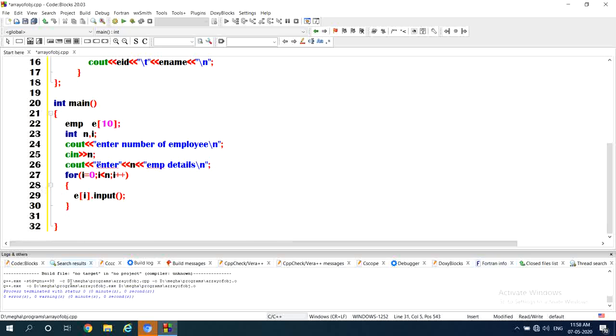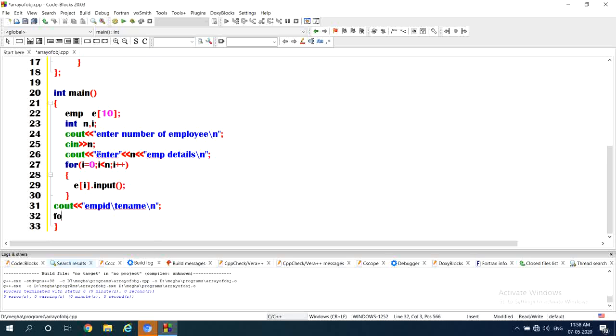After that I want to display the values present in all objects. I want to display as a table. So let us give a heading here, cout, EMP ID, \t ename, \n, semicolon.